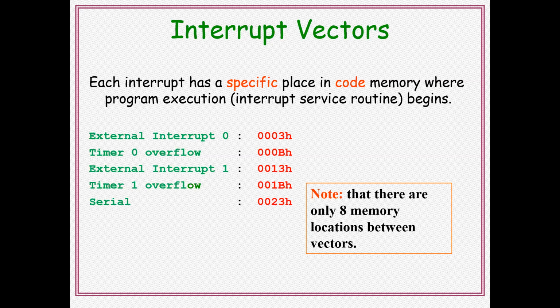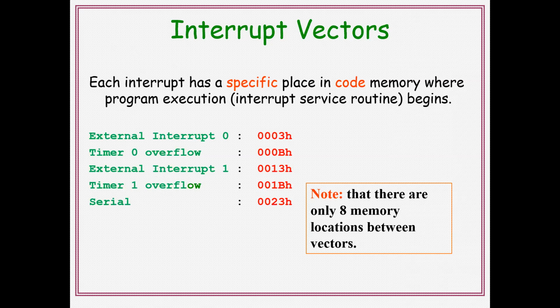Timer 1 overflow interrupt: starting address is 001BH and ending address is 0022H. Next, the serial communication interrupt, like the transmit or receive interrupt: starting address is 0023H and ending address is 002AH. If you observe clearly here, except reset, the remaining five interrupts are internally allocated 8 memory locations.